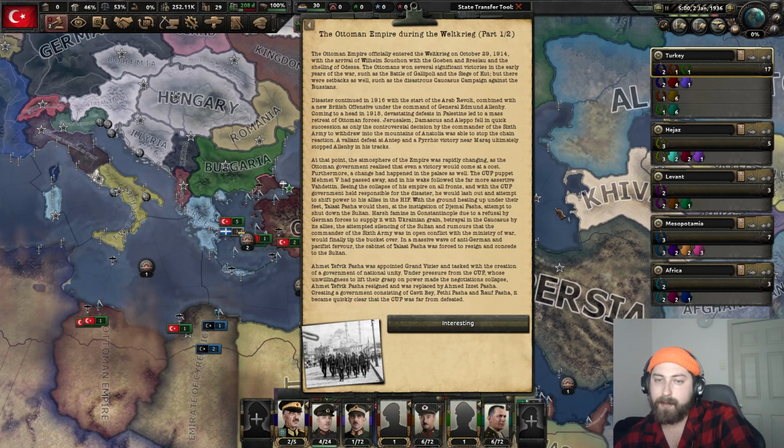At that point, the atmosphere of the empire was rapidly changing. The Ottoman government realized that even a victory would come at a cost. Furthermore, there was change in the palace as well. The CUP puppet Mehmet V had passed away, and in his wake followed the far more assertive Vahdettin. Seeing the collapse of his empire on all fronts, and with the CUP government held responsible for the disaster,